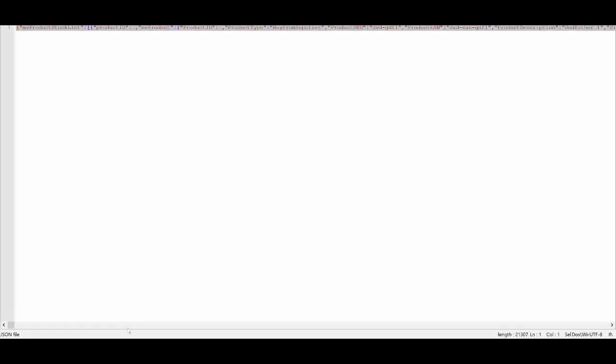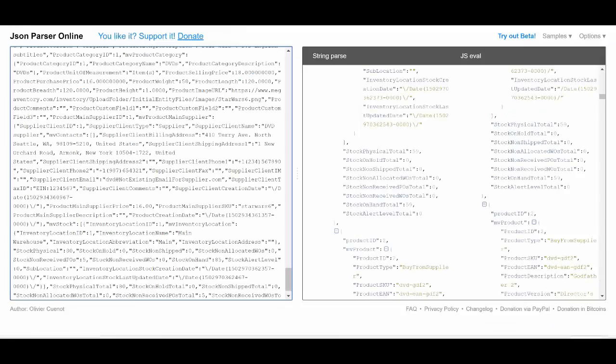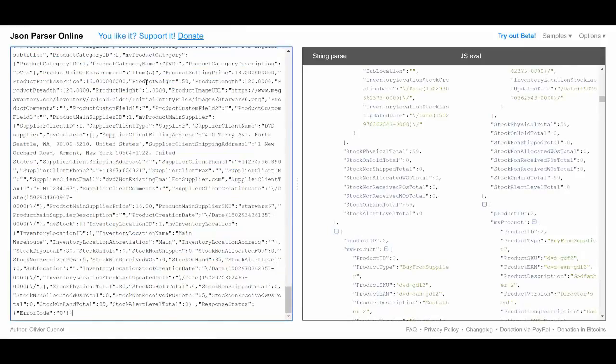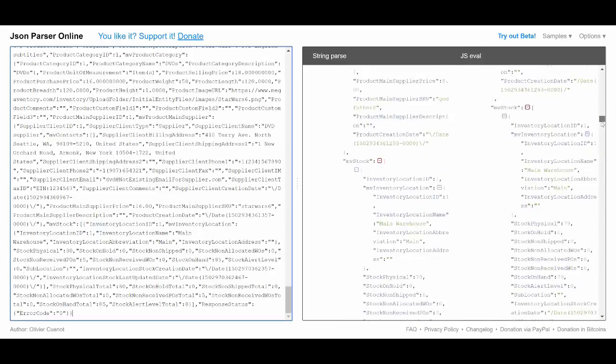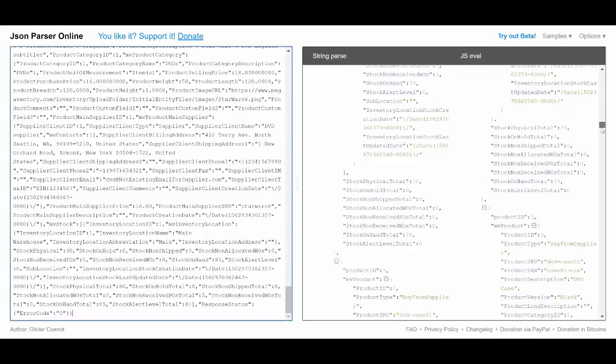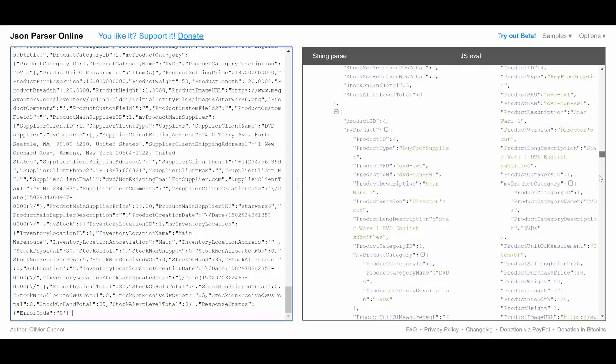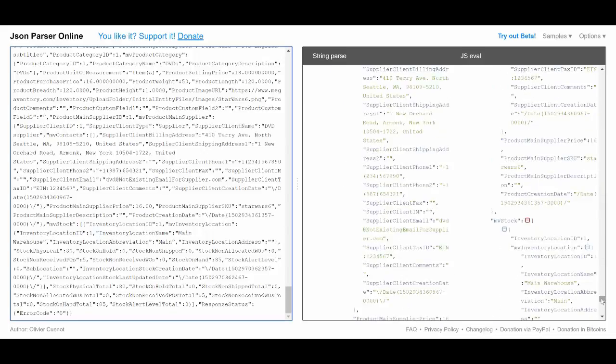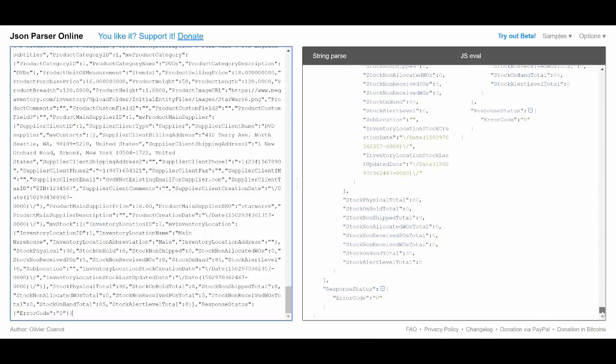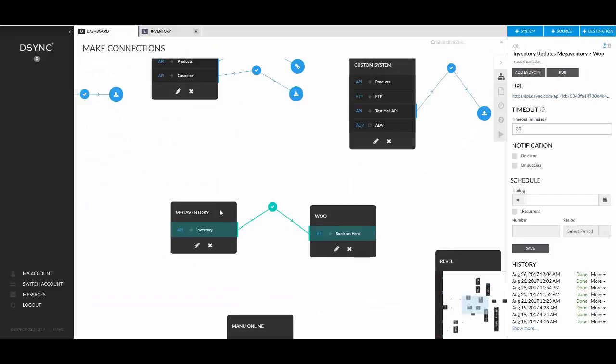I get the exact same data which I got on the previous call without that custom field added onto the data layout. See, there is no custom field or anything like that. This is basically the data sent by the system, which is completely out of your control, to desync. Now, as I mentioned previously, it's more of a filter. So what you can actually do